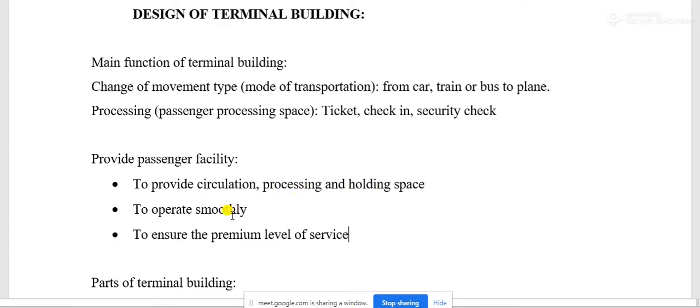That means proper and required space, the floor space, is needed to make circulation, processing, and holding work in a smooth and proper way. That much space should be provided to a single passenger.